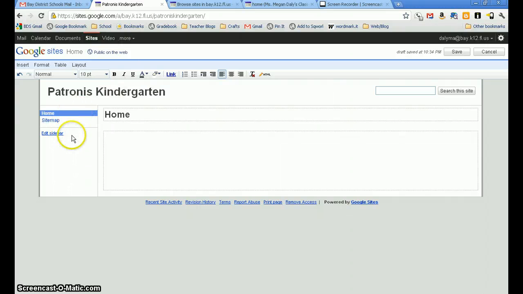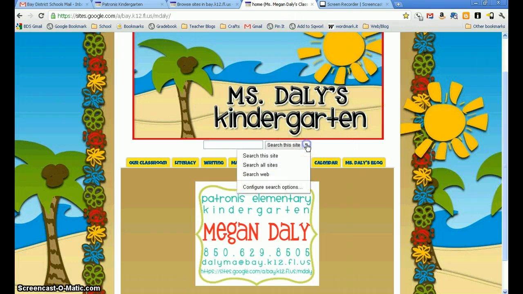You can have one or the other or both. Again, it's just my preference to choose between the two, and I like the horizontal menu. Also, if you notice here, there's a search this site. On mine, I have search this site, or you can click this drop down